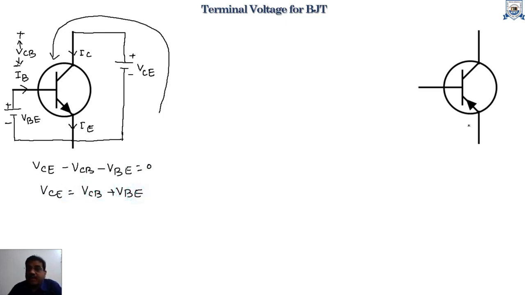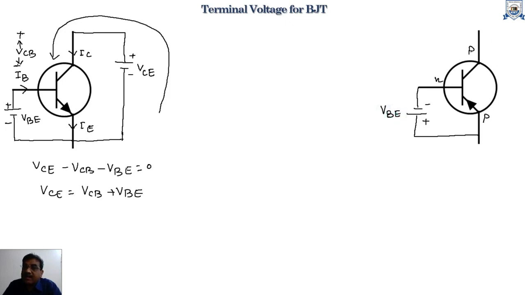In the same way, here is the image of a PNP transistor. To analyze any transistor, it is necessary to operate it in the active region. So here it is a PNP transistor. To operate this transistor in the active region, the base emitter junction should be forward biased. To make this junction forward biased, the N side or base side is connected to the negative potential of the battery, and the emitter side is connected to the positive potential of the battery by a voltage source VBE. The collector junction is reverse biased.